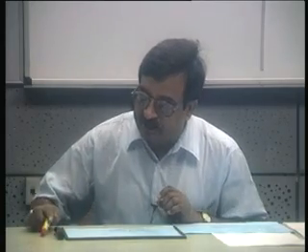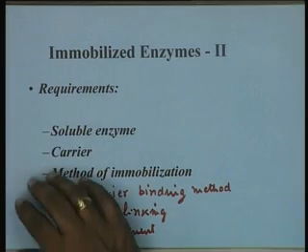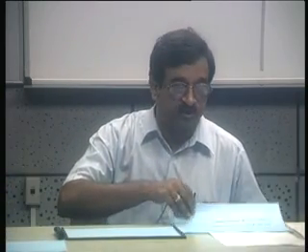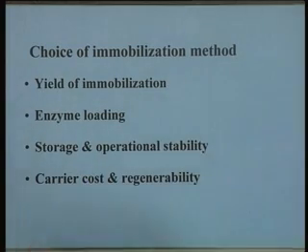So, you can see that a large number of methods are available. Under each category also there are a number of methods, and we need to choose a suitable method for a particular purpose. And of course, there are no general rules. It often goes by trial and error, and of course, some available information. Now, if you have to choose the immobilization method, which we will discuss subsequently, let us say which one to use for a specific application, there are four distinct parameters which should be looked into, and I think the first and probably the foremost is yield of